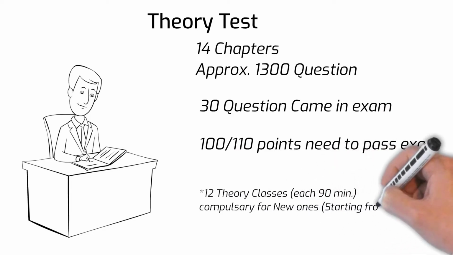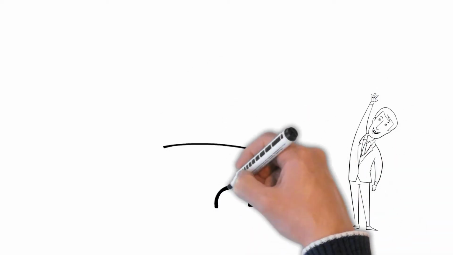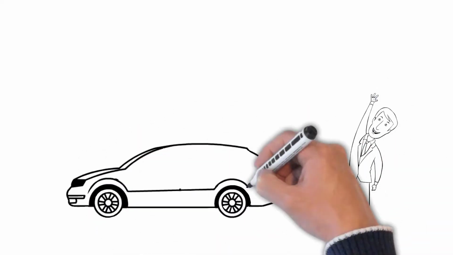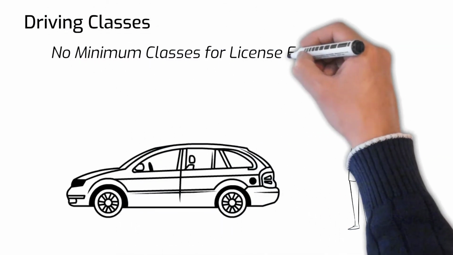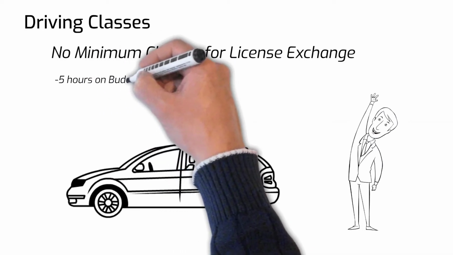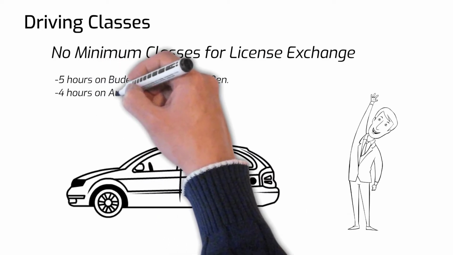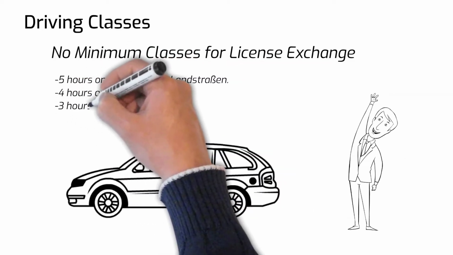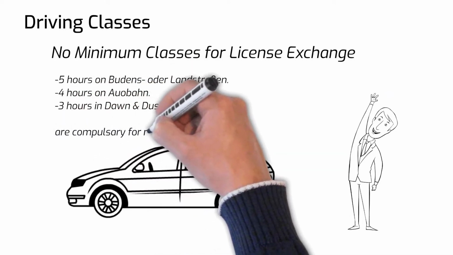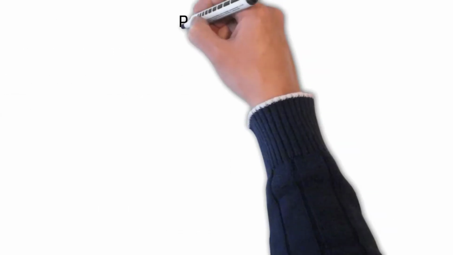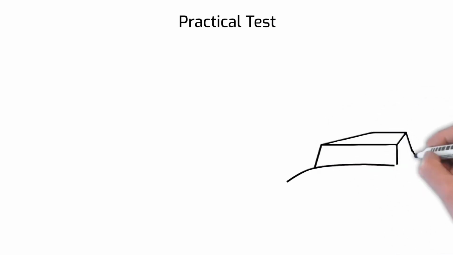So after clearing this theory test, your driving classes will start, and it depends on you how many classes you need. For the exchange, there is no minimum number of classes, but for those who are going to start from scratch, there are a few minimum classes as shown on the screen: 5 hours on the Bundes or Landesstraße, 3 hours in dawn and dusk, and 4 hours on the Autobahn. So after completing your classes, when your instructor feels confident that you can clear the test,